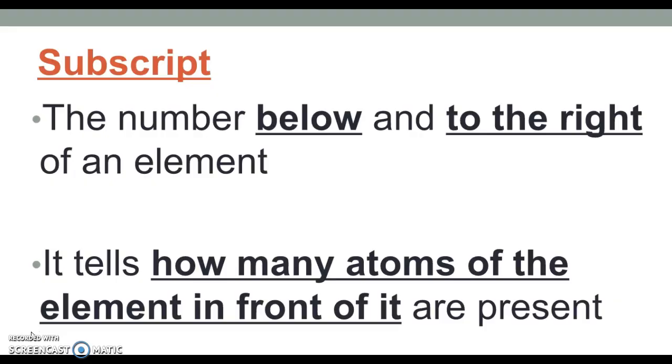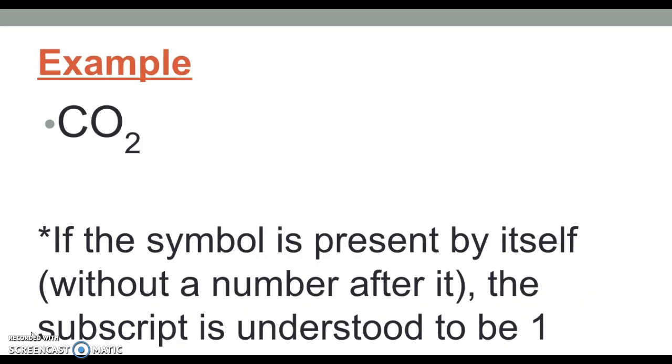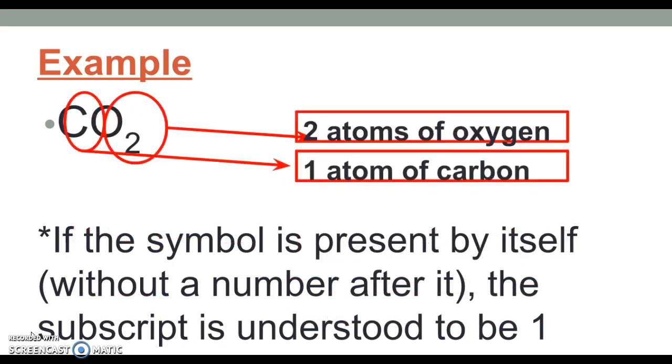We are looking at a word called subscript. It is the number that is below and to the right of an element. It tells you how many atoms of the element in front of that number are present. So for example, if you're looking at carbon dioxide, which is CO2, carbon, it has nothing after it, so it's understood to be